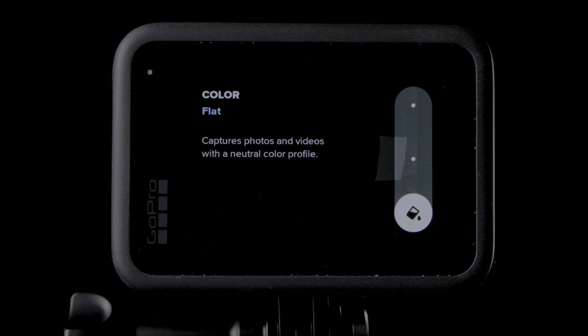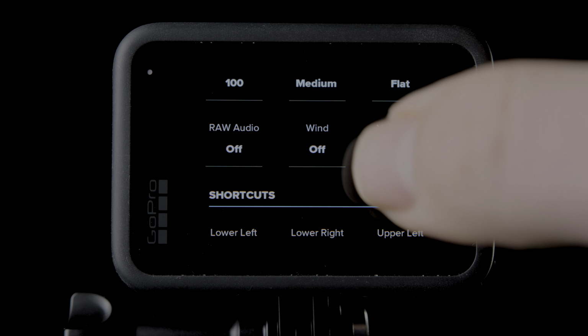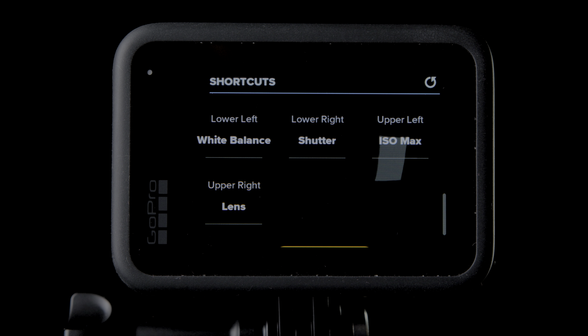I set the color profile to flat because I want to color grade the shots. The sound settings I set both to off because mostly I don't use the original sound. If you want to have a good sound, then I would recommend to use an external